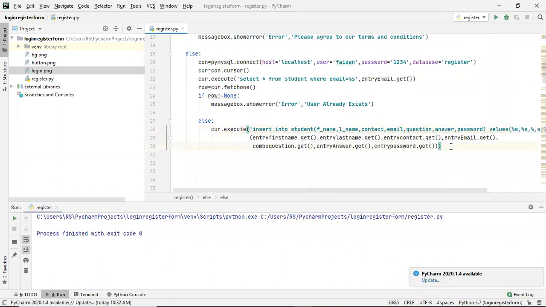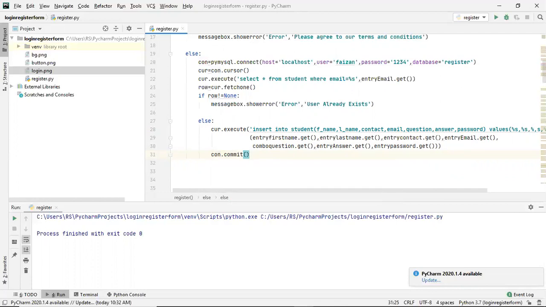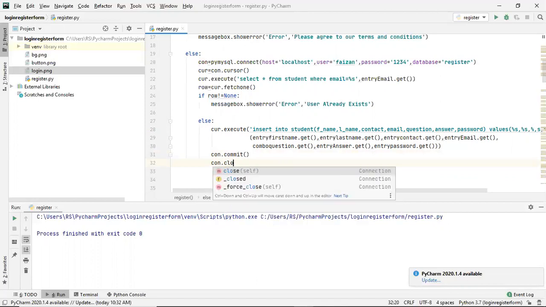Okay. So after writing this complete thing, what we have to do is simply commit. So we'll be writing pond.commit, so that this insert query should be executed. To execute this insert, if I want to insert anything, we have to write the dot commit method. Then pond.close, we will simply close our database.